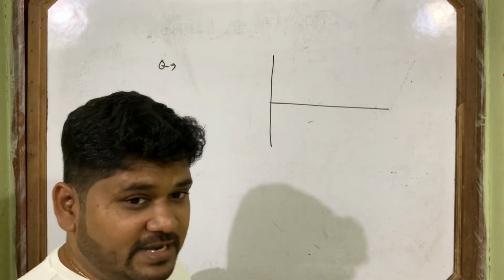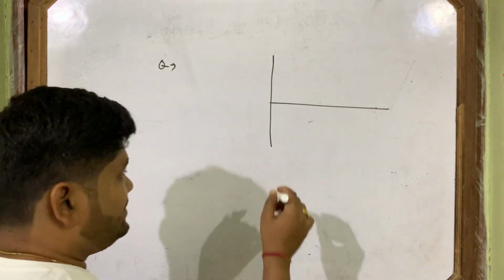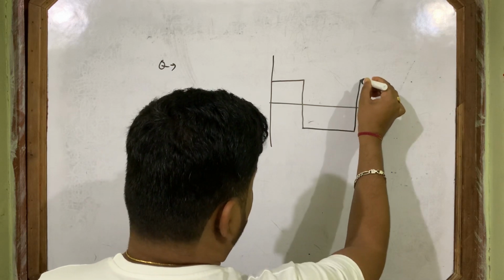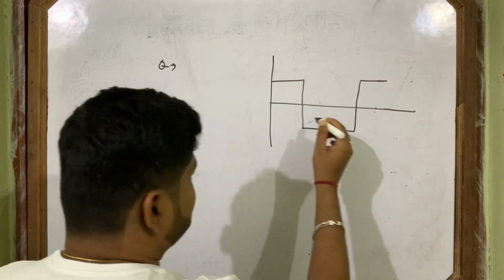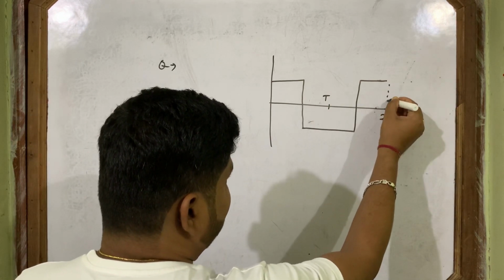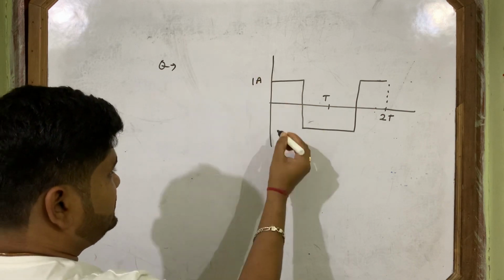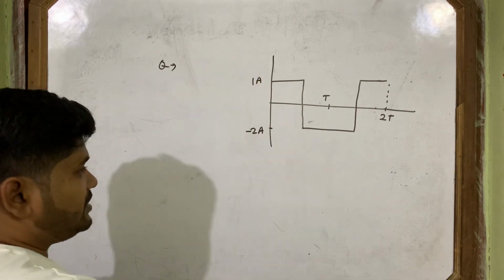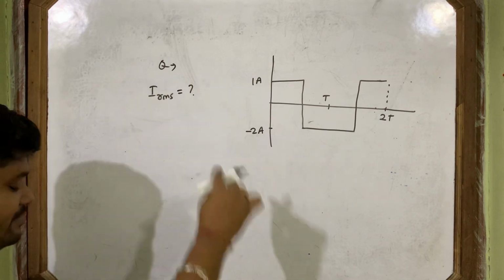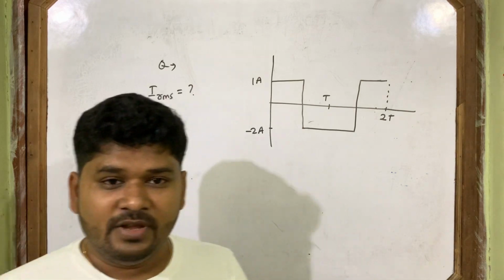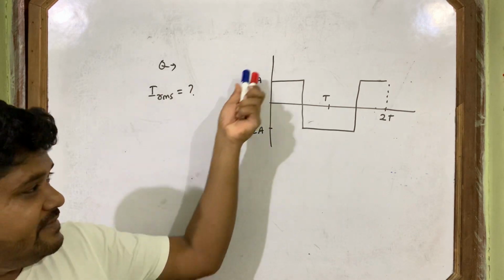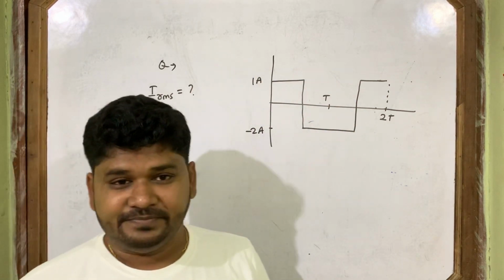Okay? And the next is one question I will not forget to do, which always comes in the exam. It is a very important question from your exemplar book. One question I am doing, all of you see. Now you try to do this question. Here the time is written T, and here the time is written 2T. And here it is 1 ampere. I am writing the exact data from the exemplar book. The question is: find the IRMS value from this graph. See the graph? Find the RMS value of the current.